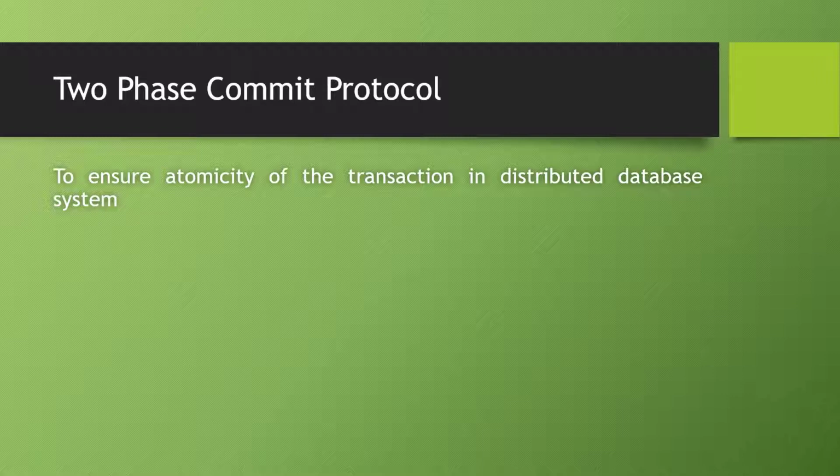In distributed database system, where the transaction is a global transaction, it means that the transaction can originate in one server, but it could be executed in multiple servers, in which a single transaction is broken and distributed to multiple servers. In that case, it is necessary that the transaction, whichever site it is executed at, all should complete it. Otherwise, the entire transaction has to be aborted. That is the all-or-nothing property. To ensure this property in distributed system, two-phase commit protocol is used.